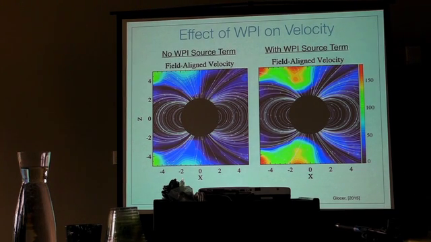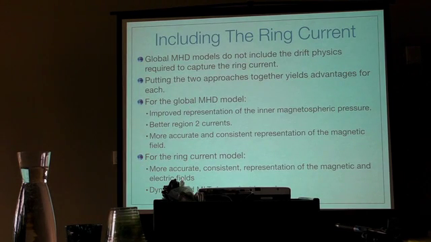And here I impose a wave heating term over the polar regions. And you see that when you do that, you'll get, of course, larger field line velocities coming away. So with that, I want to leave the topic of ionospheric outflow for the time being, and I want to